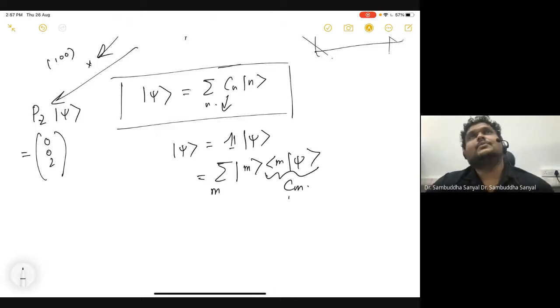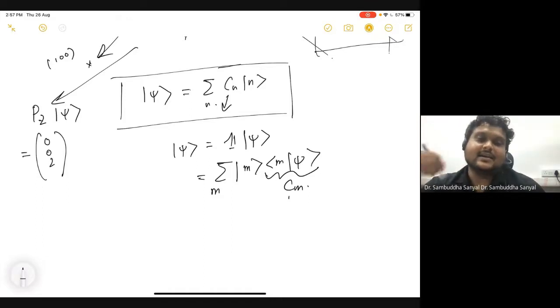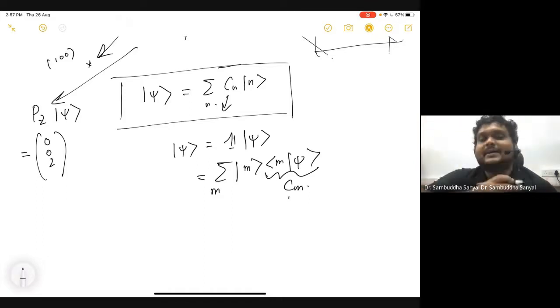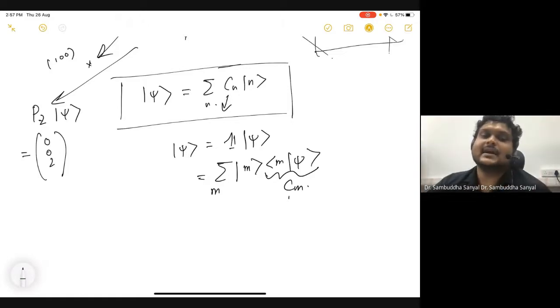But one thing I hope you are convinced of by now is that the act of passing through a Stern-Gerlach device is a measurement, which you of course know because it's filtering. Even if it is not doing anything, as in the modified Stern-Gerlach experiment, I can still visualize it as a measurement which is doing nothing. Nothing means the identity operator. Whatever you get in, you get the same thing outside. That means you are doing nothing. That is an identity operator.